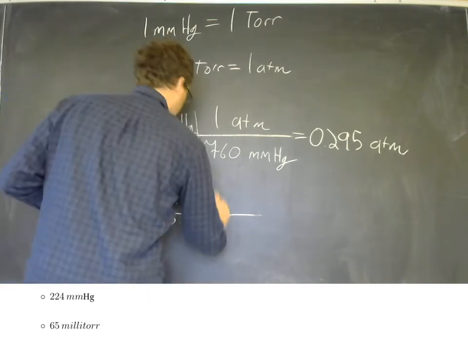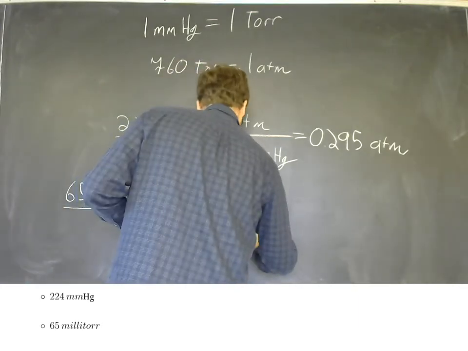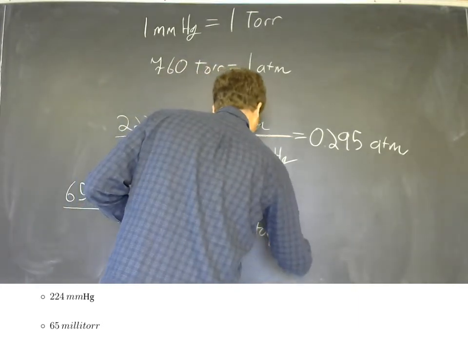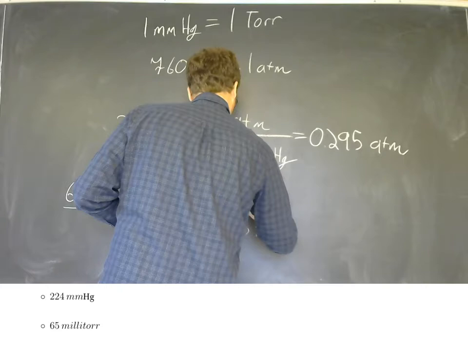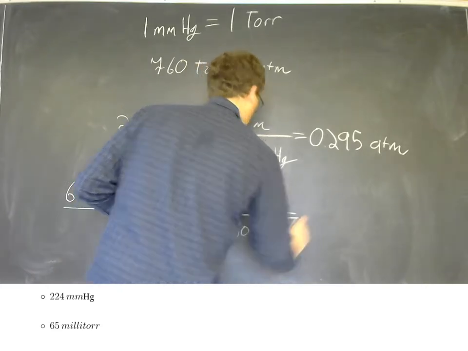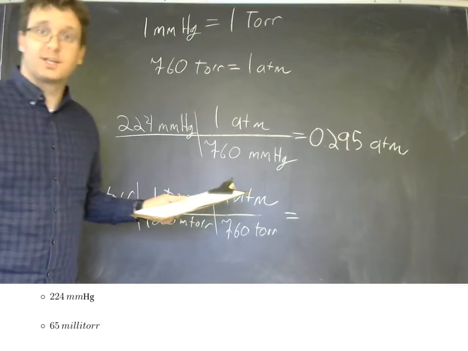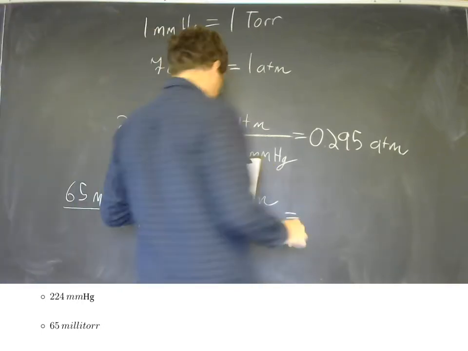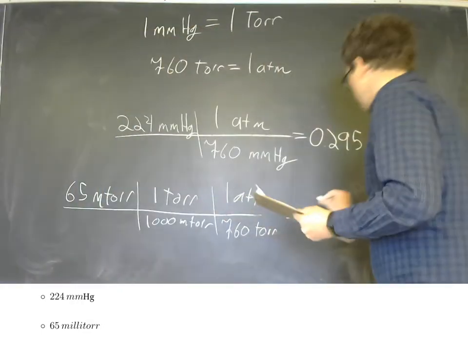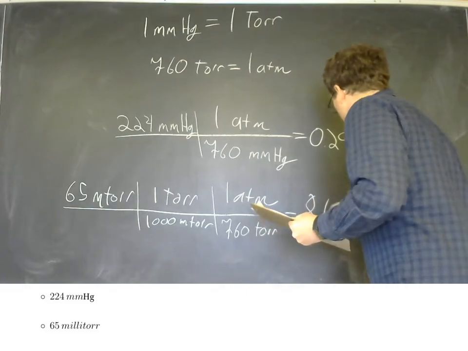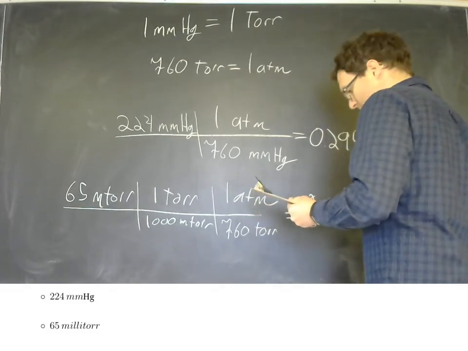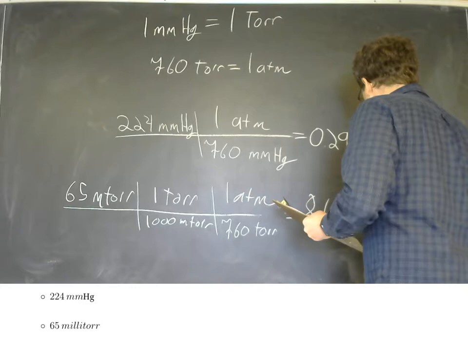And then that 760 torr is 1 atmosphere. So put that in your calculator. It's going to be a very small pressure. That'll be 8.6 times 10 to the negative 5th